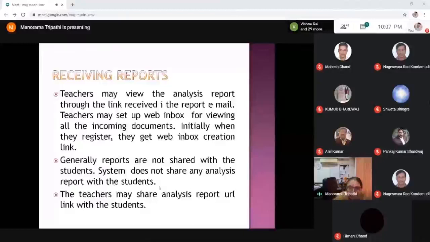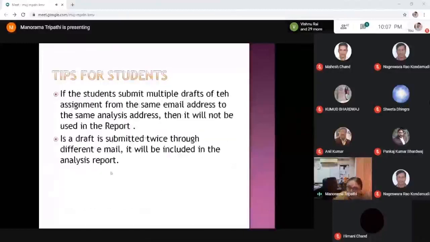So while students are using this system, it is very important for them to keep this in mind. And this is the problem which we often come across when we use the Turnitin system too. I think we have always underlined that you should submit your submissions or upload your drafts through authentic accounts, the accounts which you have been allotted, or through the account of your supervisor. Because this is an aspect which needs to be taken care of while using Urkun as well.